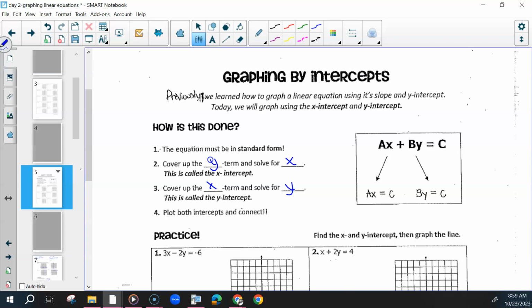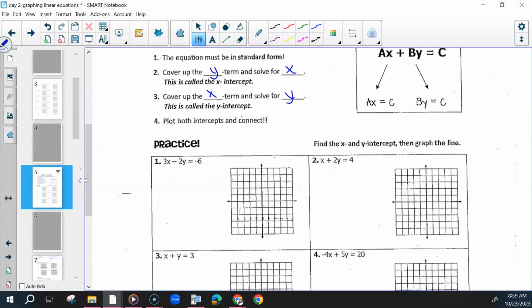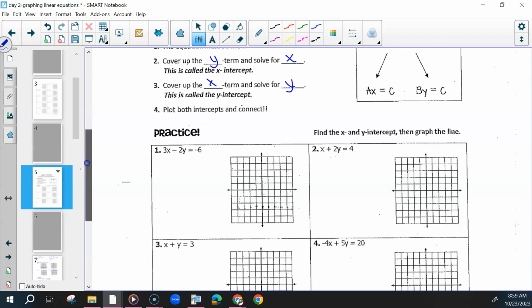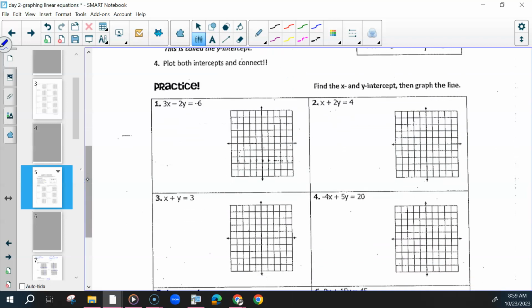Same thing for this one. If we covered up the x, that would be equivalent to putting 0 in for x. This would become 0, and then we just wrote what's left. So with graphing by intercepts, it may or may not say specifically to graph by intercepts. It may just say graph. But if you choose to graph by intercepts, you're only going to solve these two, graph these 2 points, and then draw your line. You should not have more than 2 points with this,